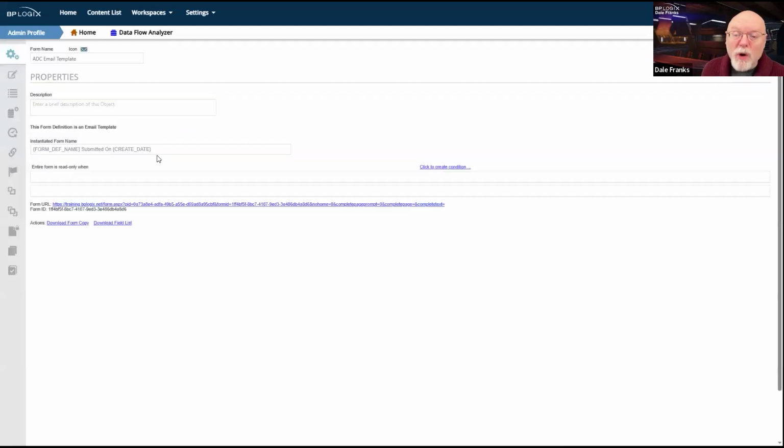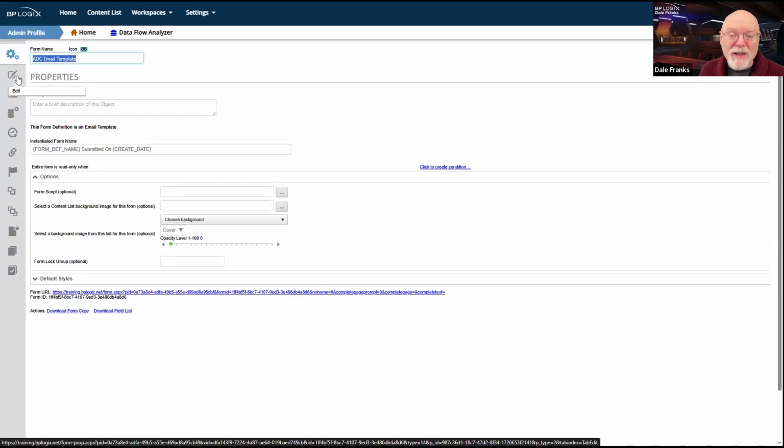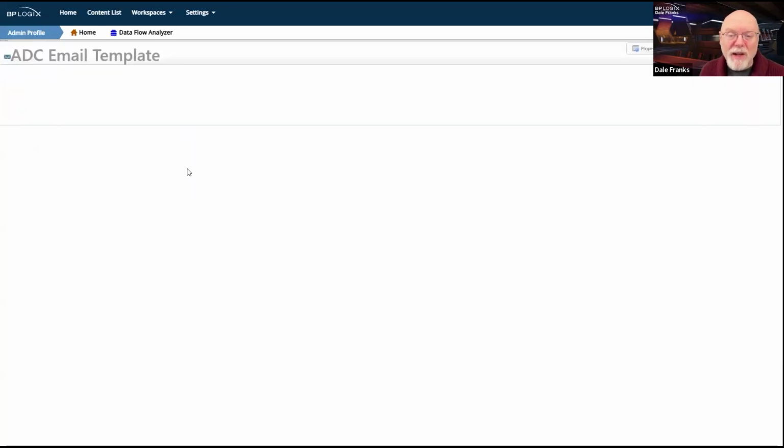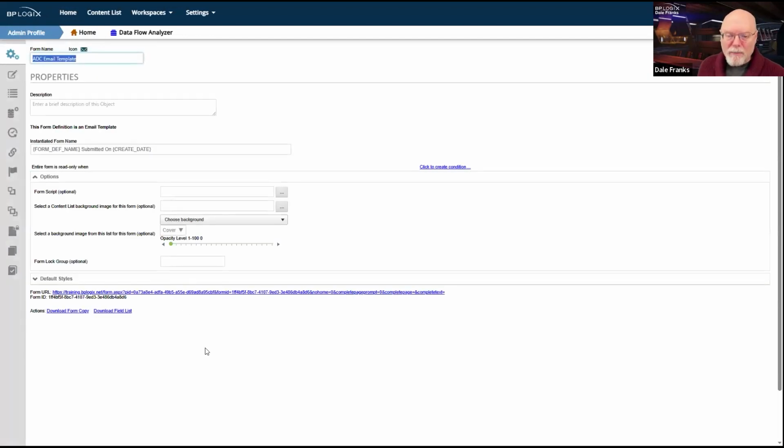There's nothing really that we have to do on the email template itself. It is an email template, and it does have the regular, normal email template stuff. We're probably going to make some changes here and clean this up a little bit, but we've got all of our basic objects. This really does save you a lot of time, being able to use the template.